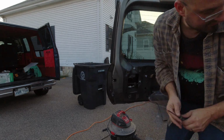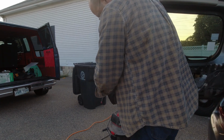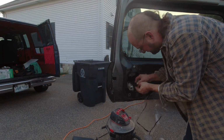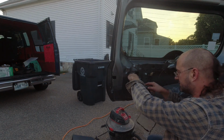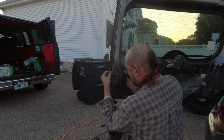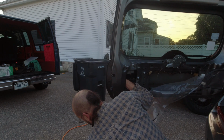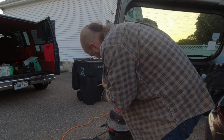You know what? I can just take the latch off, and I can see what I'm doing. Oh, yeah. Brilliant, Nissan. Let's make it so that it's literally physically impossible to remove the connector while the latch is installed. And this gives me time to not have to stress about it. Now I can do it whenever I get around to it. I so rarely lock my vehicles anyway that this is not a big concern. I will eventually fix it, because having the option to lock your vehicle is good, but